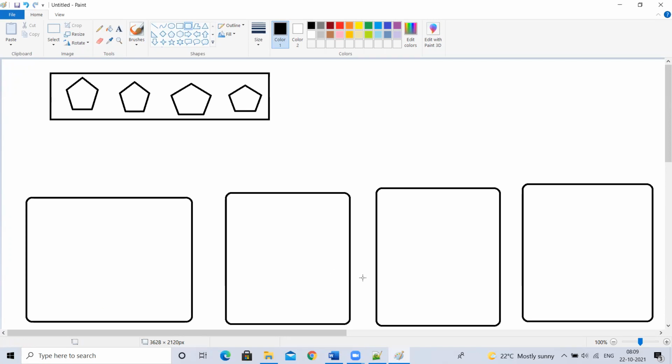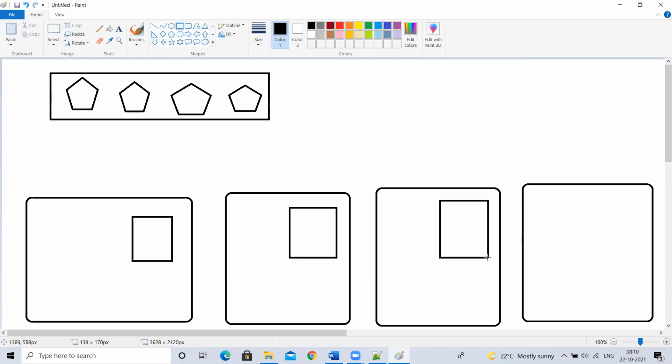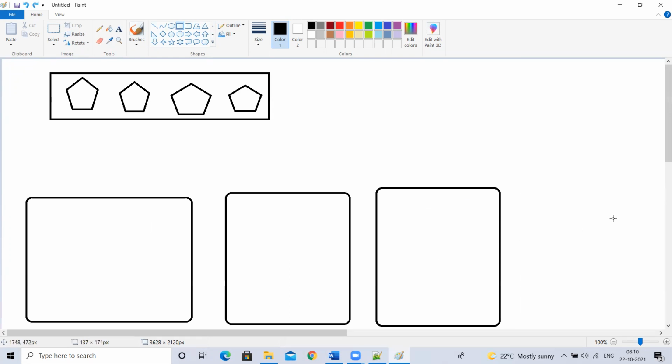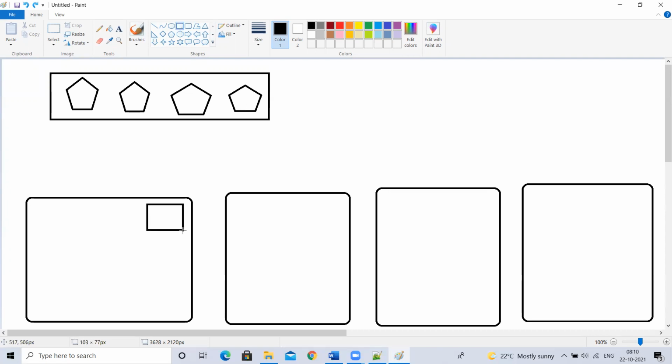This is my dev environment. This is my QA environment. This is my pre-production. And the final one is my production environment. Here I have one Tomcat. Here I have my Tomcat. Here also I have Tomcat. Here also I have Tomcat.